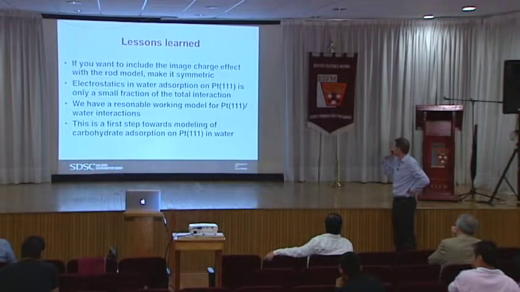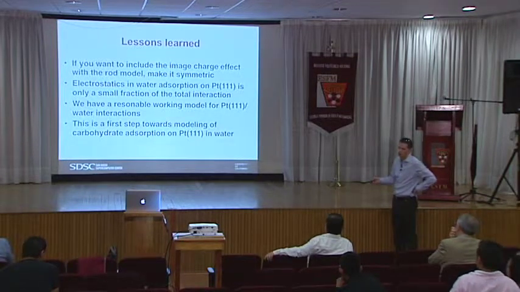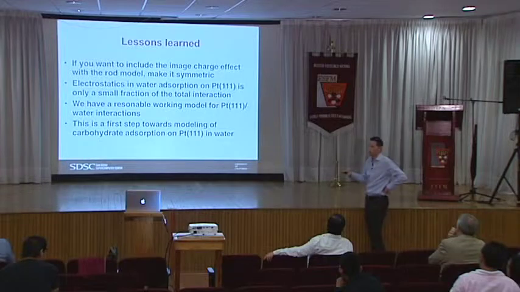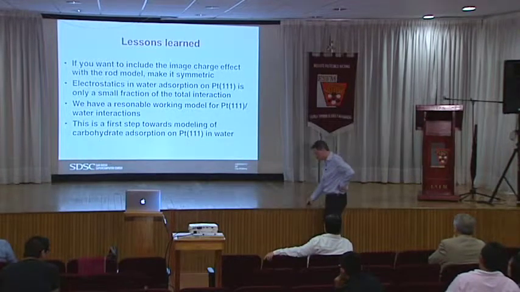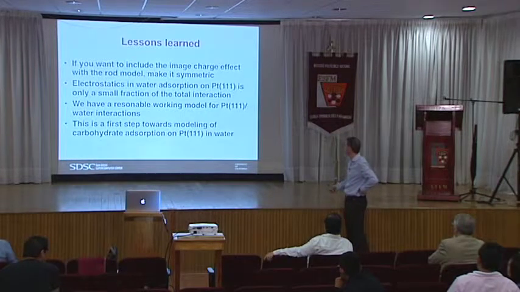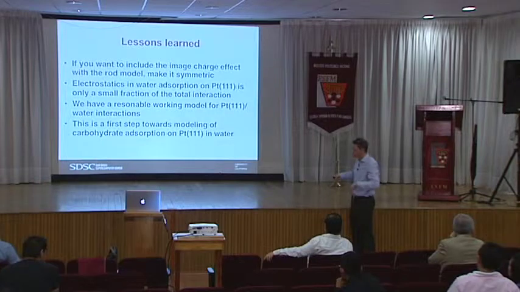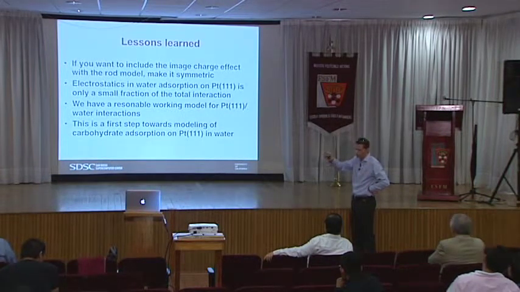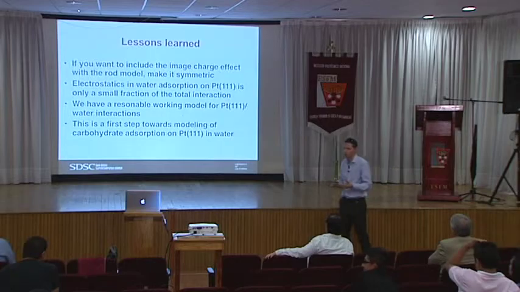So that brings me to the end of my talk. Basically what I've shown is that if you want to include the image charge effect with the rod model, you have to make it symmetric. I didn't go very much into details here. That should be obvious, but people have not been doing this in the past and still used it. But that should be done if you want to use such a rod model for the electrostatic interactions between a solute, or basically adsorbates, and your metal surface. Then the electrostatics and water adsorption on platinum 111 is only a small fraction, so you can